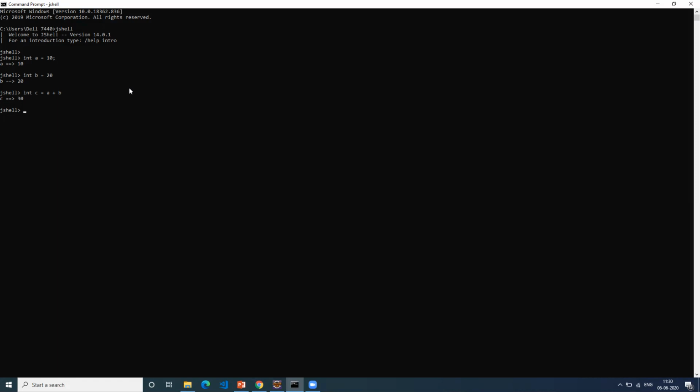The intention of introducing JShell in Java 9 is that you want to execute code quickly without writing anything. I took a simple example of adding 2 numbers, int C equal to A plus B, where normally I would have to write a lot of code. Now let's assume a complex scenario.